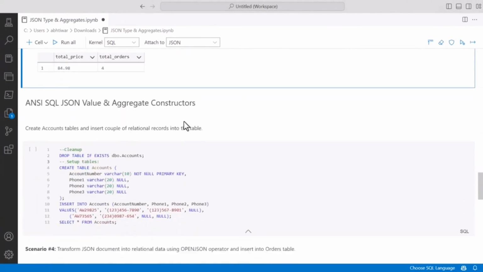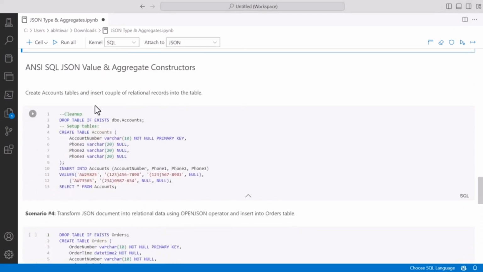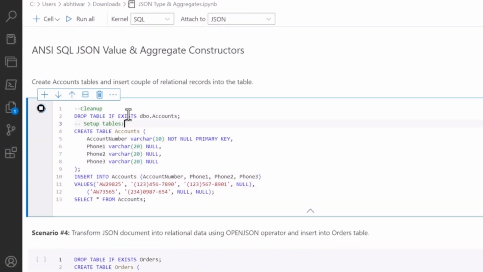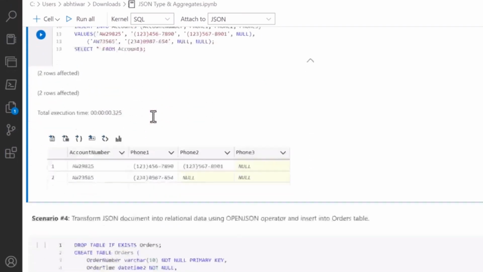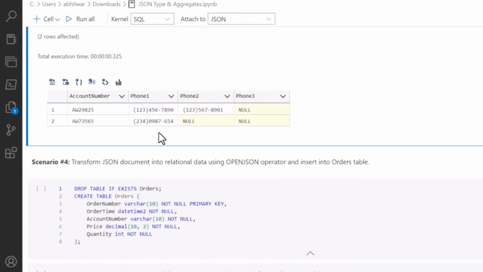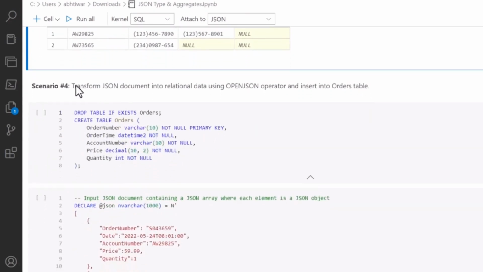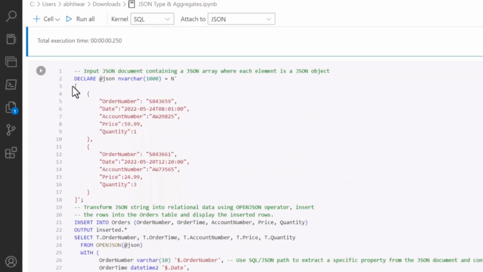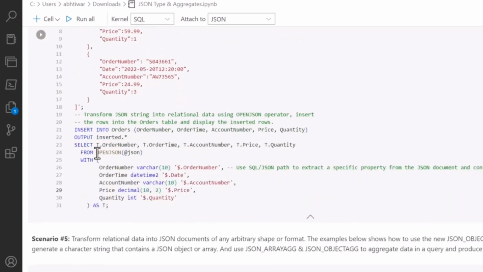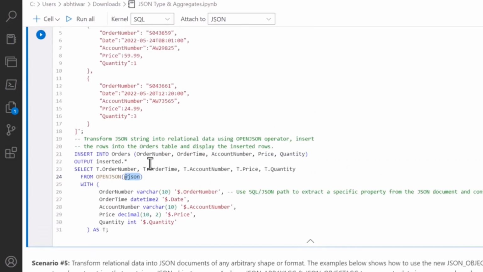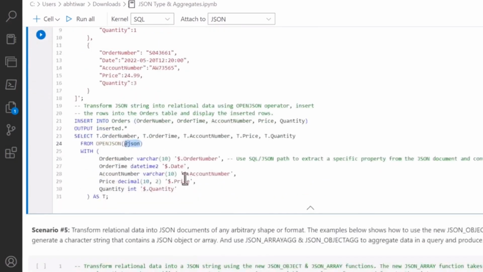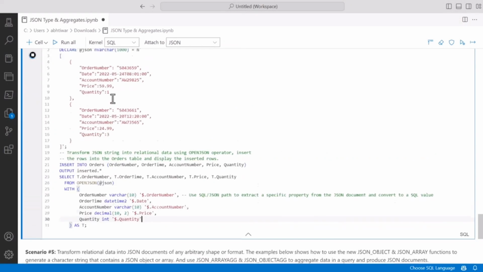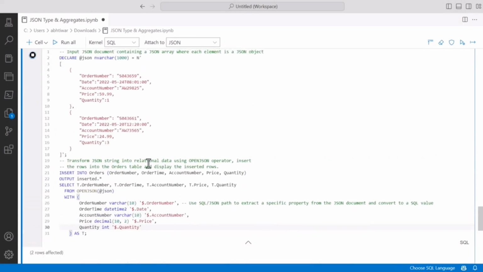Okay, now we'll look at the JSON value and aggregate constructors. So here in this example, I'm creating a count table and inserting a couple of regular relational records here. So as expected, these records are inserted in the table. In the second scenario, which is scenario 4, I'm creating another order table. And in this example, I have a JSON document which is stored in a JSON variable. And with the help of the OpenJSON function, I'm reading the JSON document and inserting that data into a normal relational